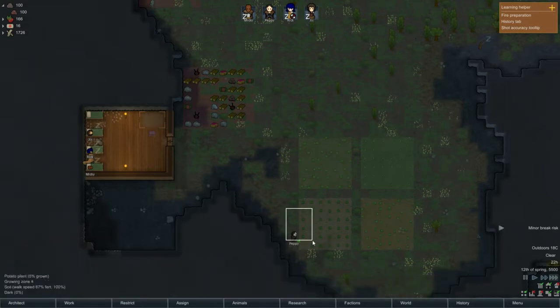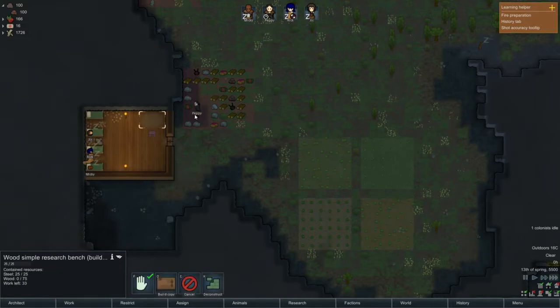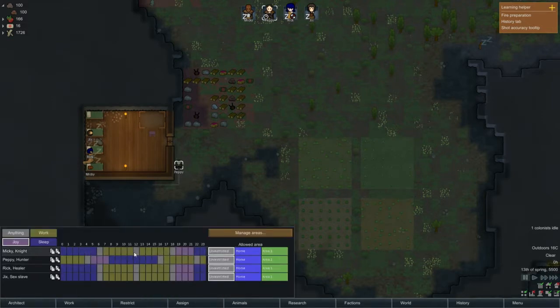Peppy, what are you doing, Peppy? He's going to start sowing potatoes. I am fine with this. And now he's going to wander around. If you seriously have nothing to do, you can't have nothing to do, because there's a thing you can construct right there. It's 0 hours, right? What are you supposed to do during 0...